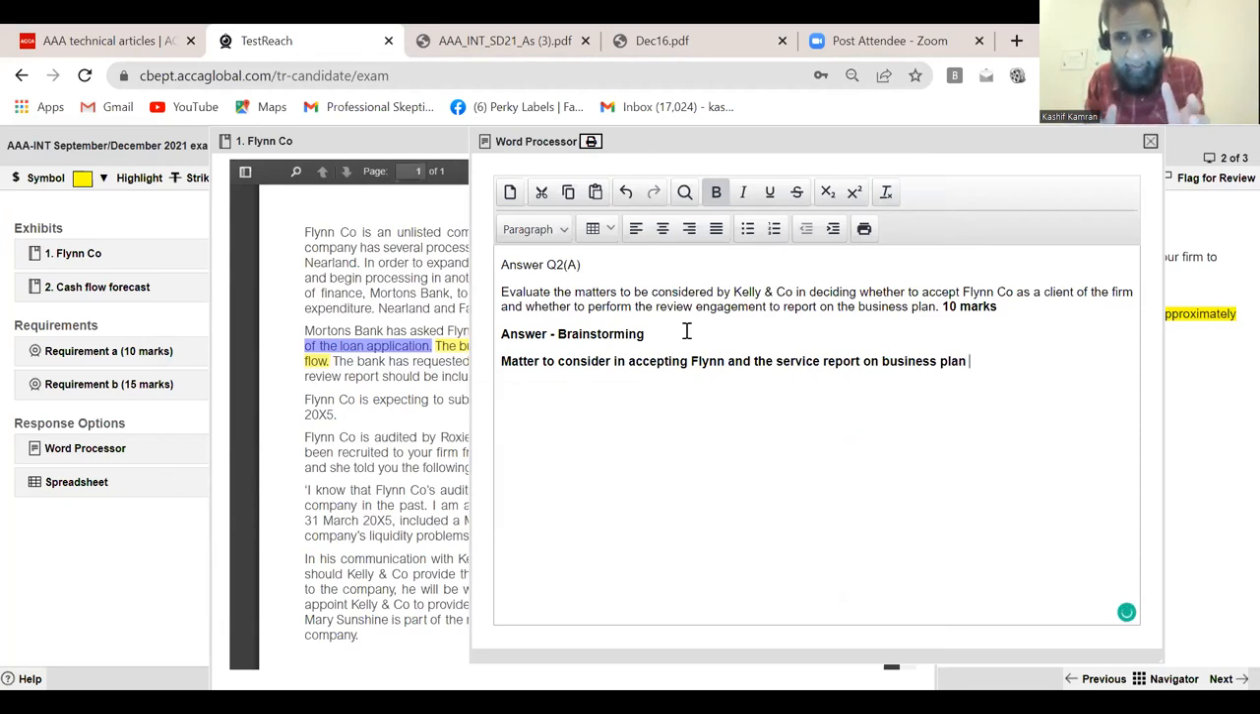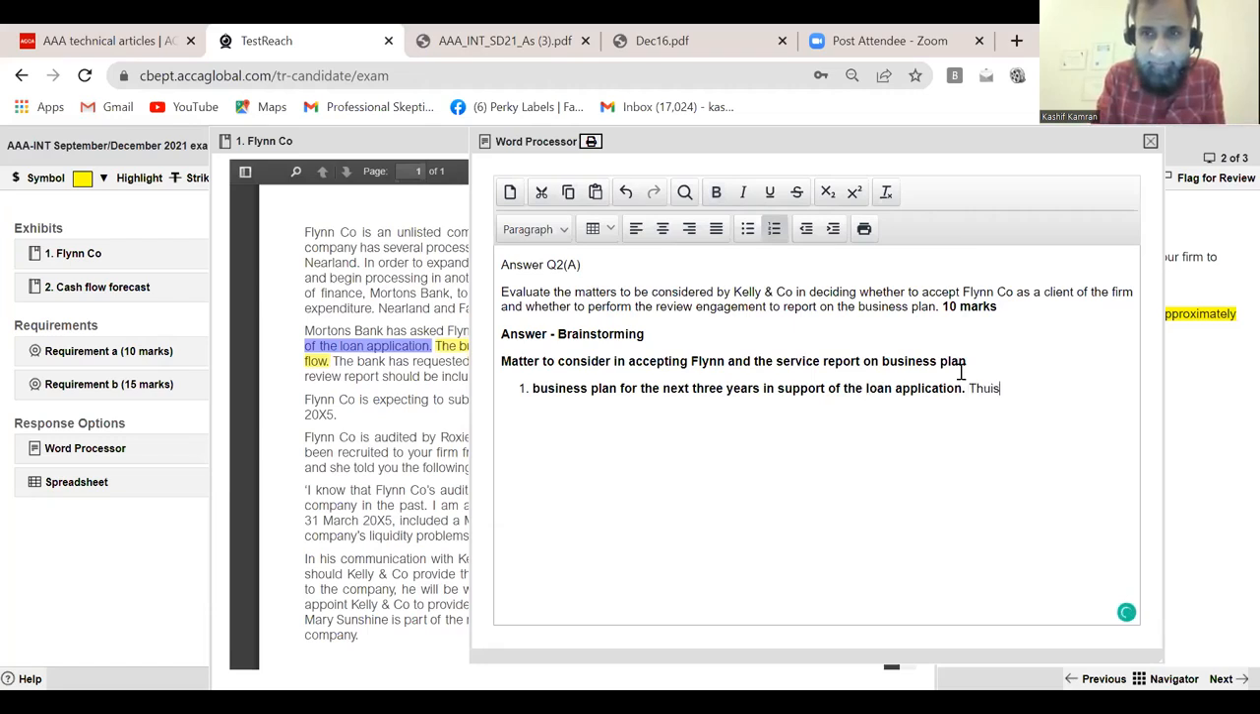So I'm not bifurcating them. Either some matter will be for accepting Flynn or some matter will be for accepting the service to report on business plan together. Now I got my first point, which is number 1, business plan for next 3 years to support the loan application. Now this means that the cash flow forecast will be for 3 years, which increases the risk of subjectivity as the time period of forecast is significantly